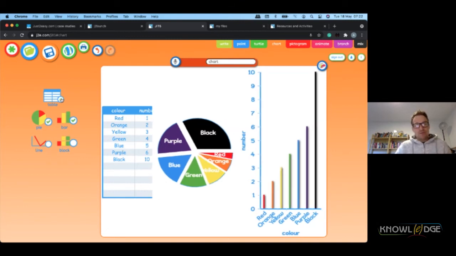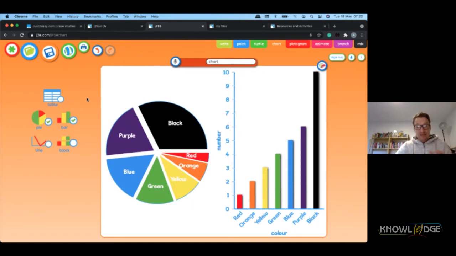Take that a stage further, of course, we can take the original information away and then represent the data in its more graphical form, so you can then interpret information from that without the full table being there. So an opportunity for students to have inference and be able to do some deeper analysis of the information that's there. Again, you can create these yourselves, or children can create these by themselves too. They can be printed. You can even save it as a picture so that it can be used elsewhere.